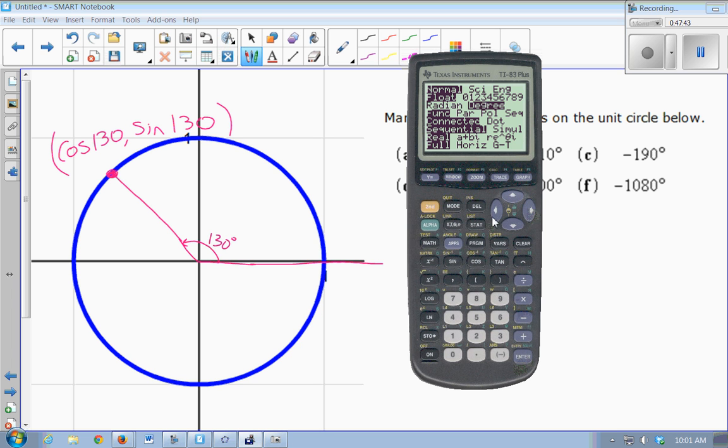So if you hadn't heard of radians before you did this problem, you had to know that there's another way to measure angles and put this in degree mode. And then cosine of 130 is negative 0.6427, and the sine of 130